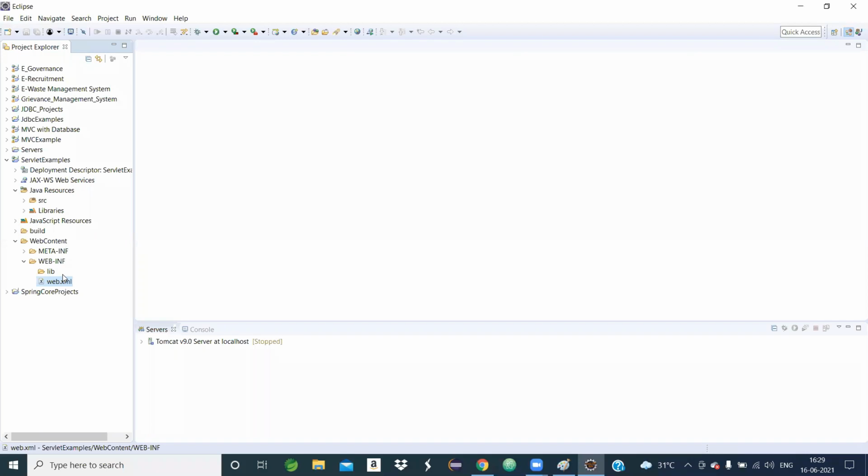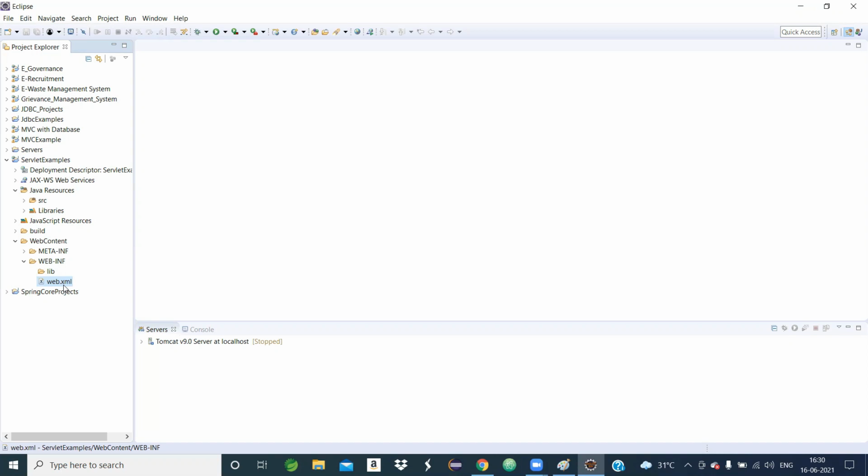My project name is servlet examples. If I enter the project, we can see the web.xml file that has been created. But if I do not put the tick mark, then this file will not be created. So this is step number 1. First of all, we will create a project.